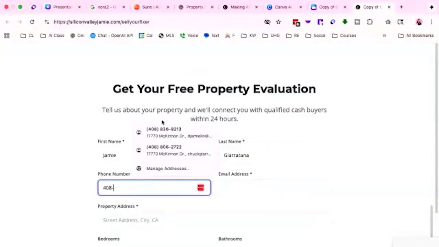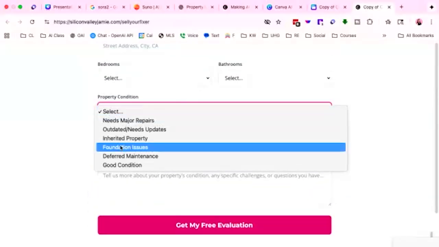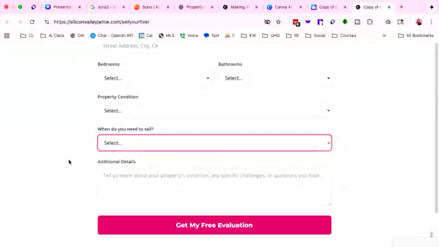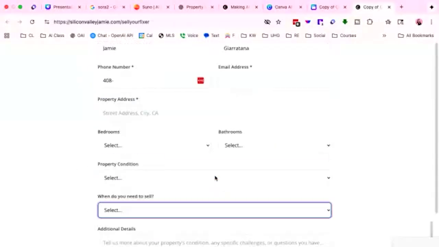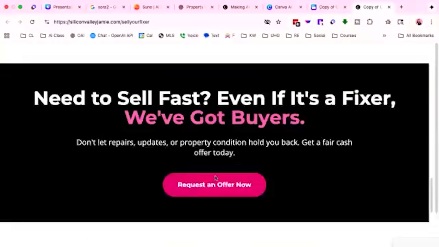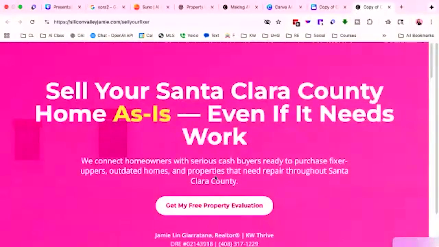Here, let me take a look. It actually goes through and asks for property condition, when you need to sell. I'm gonna test this one out later unless one of you guys want to play around with this for me, but there you go. That is demystified, I think probably about six months of me trying to figure out how